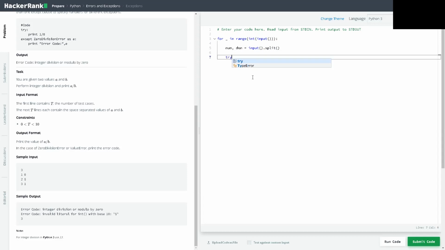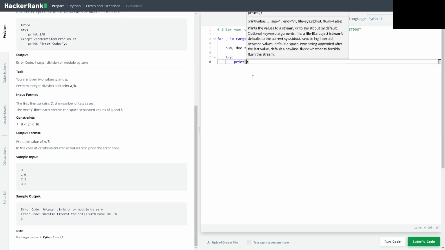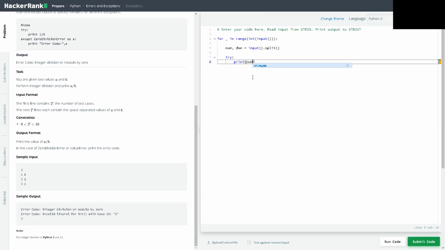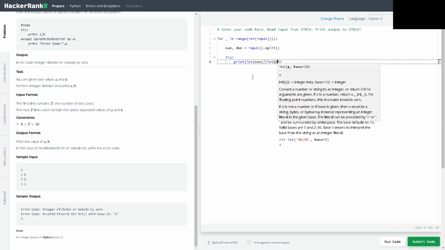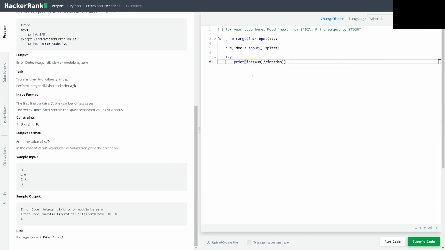denominator. And then we will use the try method down here, and we will print if it's divisible by the denominator. So we will have to convert both of them to integers, and after that we will use // for integer division, and int of the denominator. So if this fails, an exception will happen, and that will be ValueError as e,